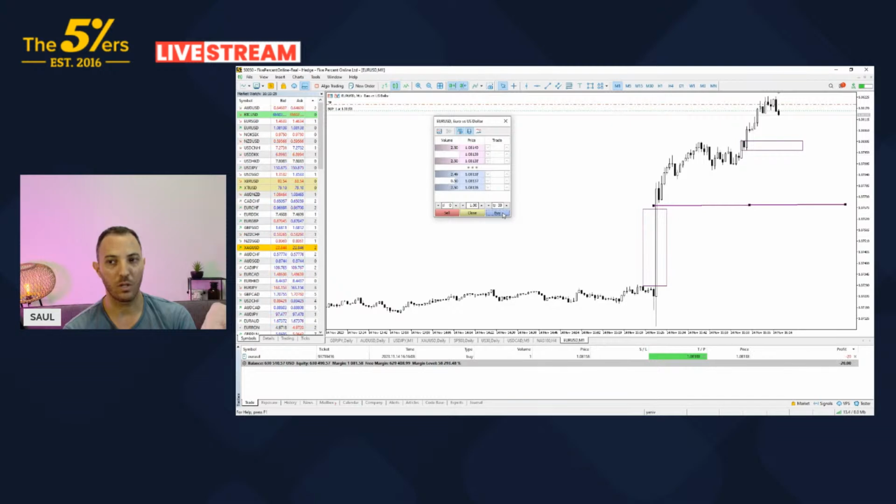So we spoke about the challenges, the commissions, and the risk management, and now we're exploring the bias. I want to be aligned with the setup I'm looking at on the 5-minute chart. On the 1-minute chart, I want to get aligned with the bias, which in this case is a bullish one.